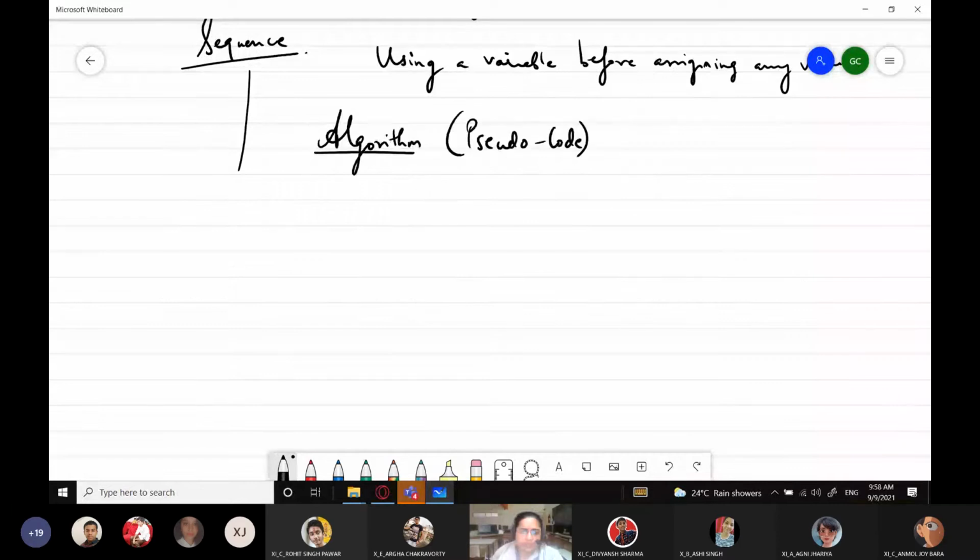We are only using common English statements in order to write the steps. Pseudocode helps us to concentrate on the logic of the program, that is, it helps us to solve the problem rather than be worried about the syntax and structure and grammatical rules of that language.